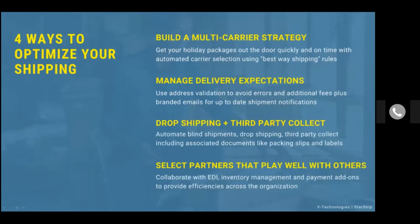So with COVID, a lot of the trucking companies, they're backlogged. So a lot of shippers, they're seeing things like, hey, we can't get there for 2 weeks. So really having that ability to have multiple carriers, or as I like to say, more tools in your shed, is going to give you better options to actually get your packages there on time, especially nowadays with the holidays coming up. We want to get those shipments out there on time so the package could be delivered before the holiday. And we'll go over that on the demo